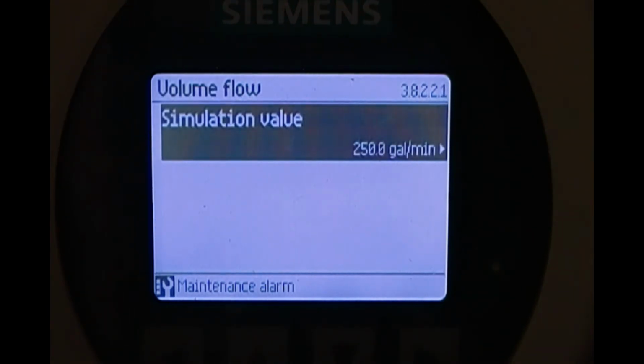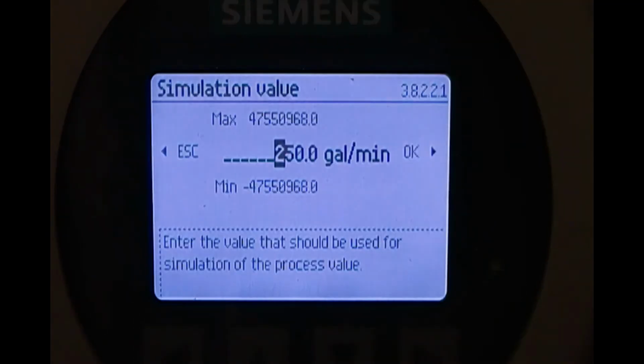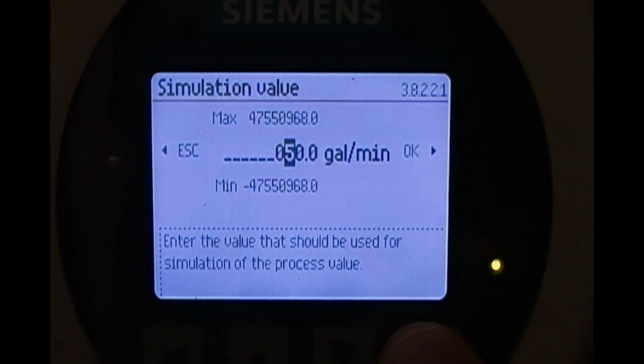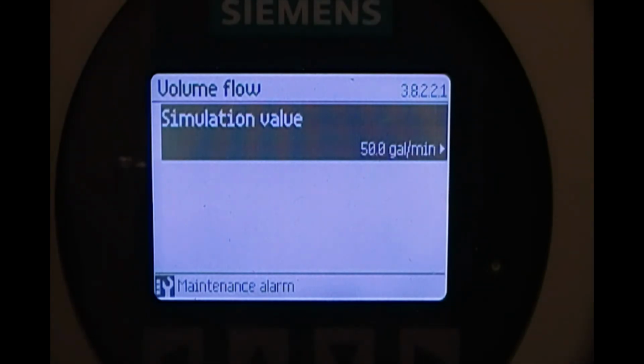Next, select volume flow. Tap the right arrow and enter the flow rate you wish to simulate. Use 50 GPM. So I'll change that to 0, and now we have 50. I'll hold down the right arrow, press the right arrow one more time, and we're now simulating 50 gallons per minute. Once you say OK, your 4 to 20 milliamp output should now indicate 12 milliamps, and your PLC should